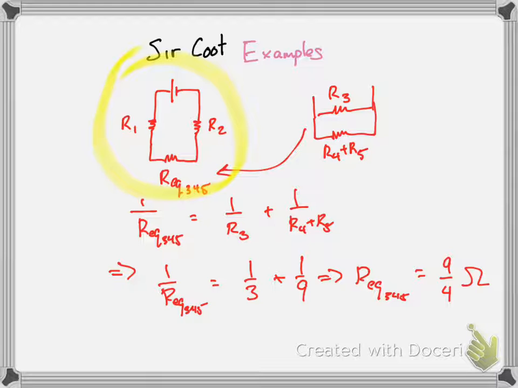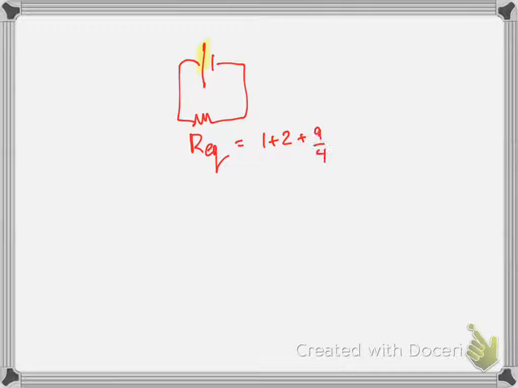So the final equivalent circuit looks like this. We'll just write our equivalent for all of them, and that is equal to 1 ohm plus 2 ohms plus 9/4 of an ohm, which I believe is 5.25 ohms. And yes, I'm not very good at writing the ohm symbol. So the equivalent resistance of the entire circuit is 5.25 ohms,